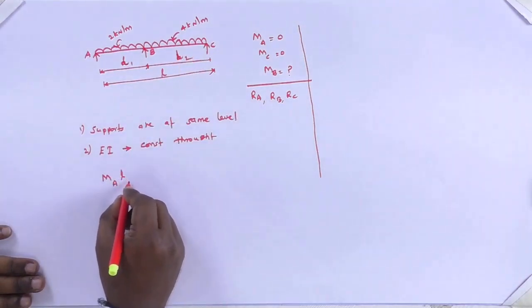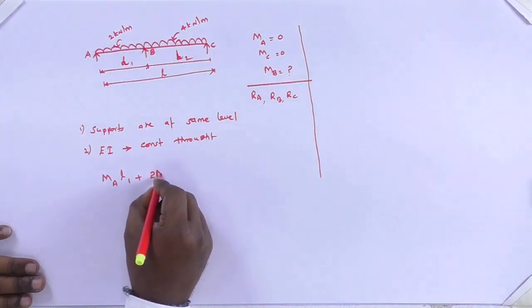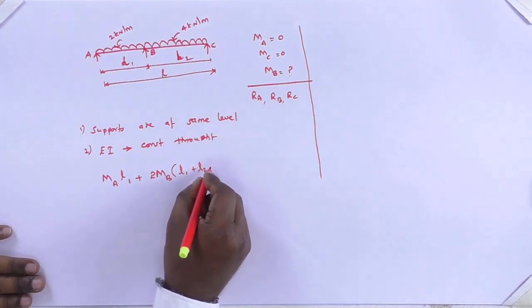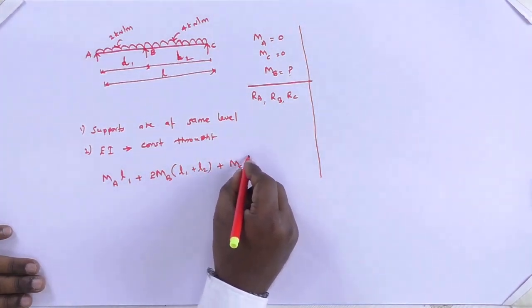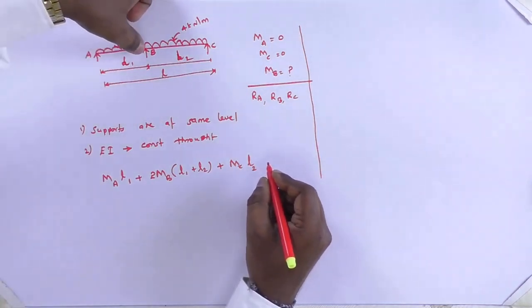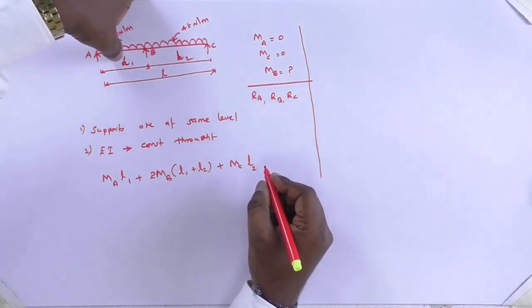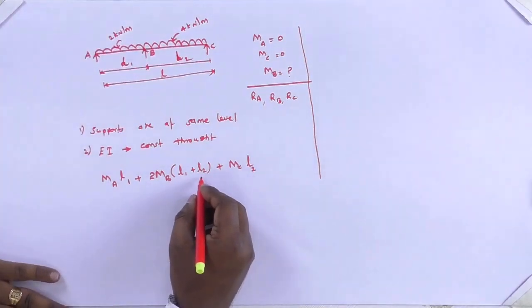So MA into L1 plus twice MB into L1 plus L2 plus MC into L2, because this MB, point B is the bridge of the section AB as well as BC. So this L1 and L2 will be involved here,